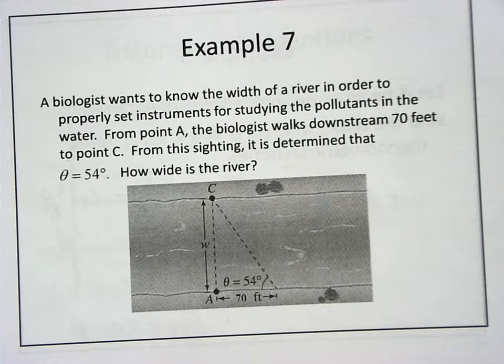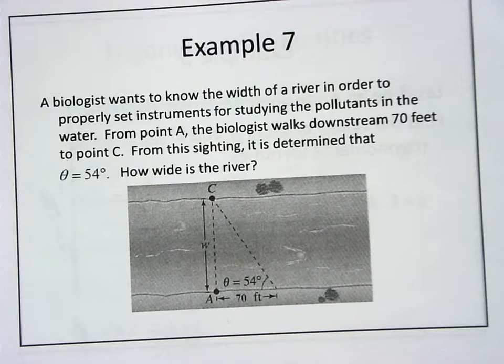From point A, the biologist walks downstream 70 feet to point C. From this sighting, it is determined that the angle is 54 degrees. How wide is the river? Actually, this is standard procedure for figuring out how far it is across the river. You spot an object that's directly across at a 90-degree angle, walk down a bit, spot it, use a compass, and figure out what angle you're at to get to the same object,